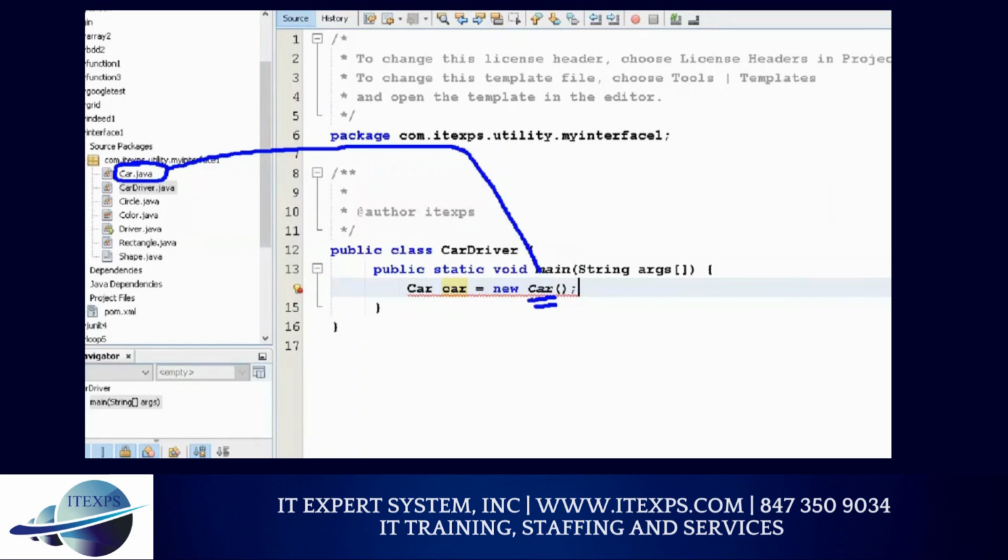New means create one car. So you can say car1, car2, car3, or you can just say car in lowercase. This is the variable that represents this class. It's pointing to this class. This one is pointing to the constructor. But we don't have an empty constructor, we have a custom constructor. So go inside this